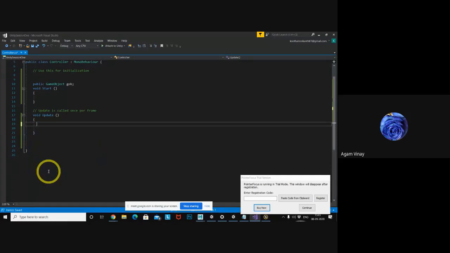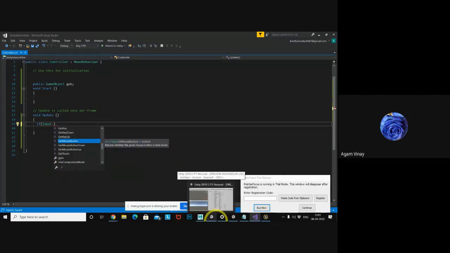Then I need to check with a condition whether you clicked or not. So if Input, same class dot, these are the keys, right? Keyboard keys.